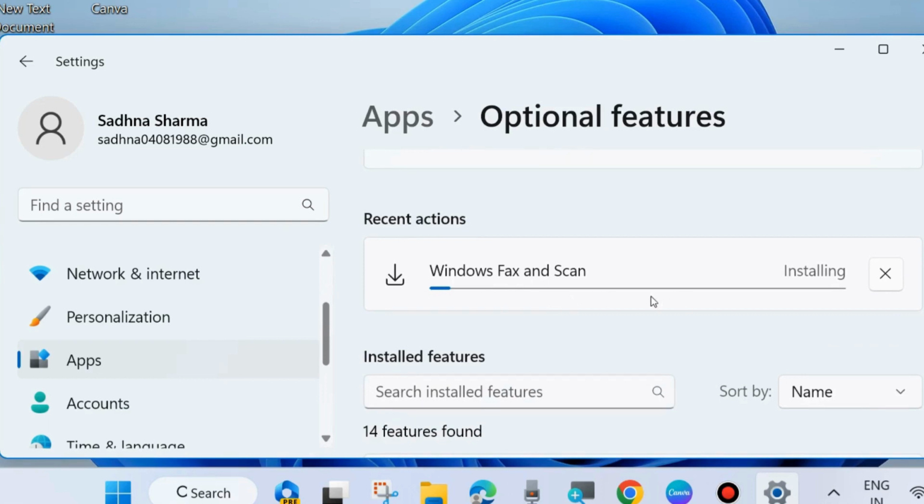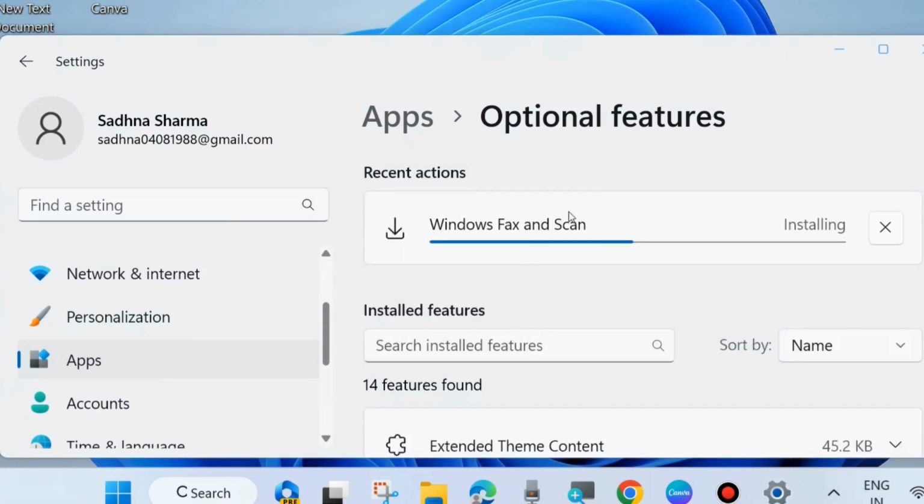let Windows complete the installing procedure. It will take some time based on your internet connection, and once the installation is successful, your Windows